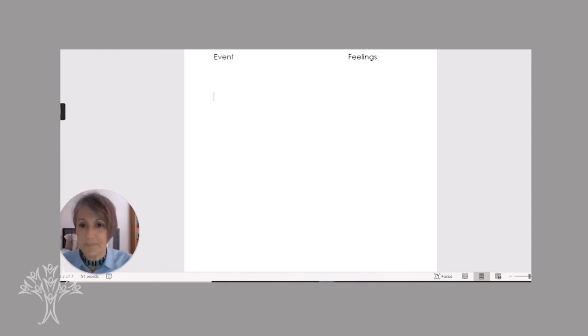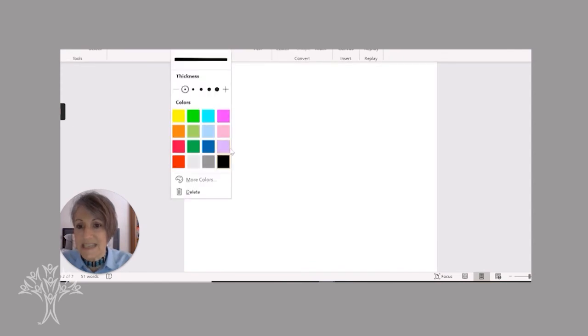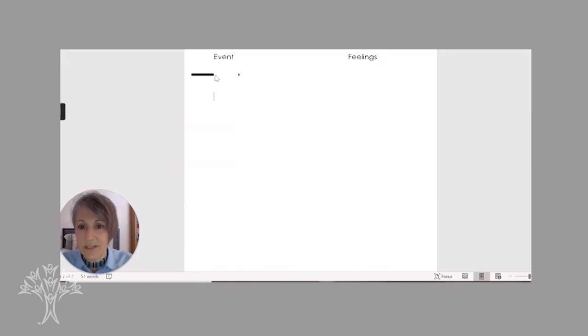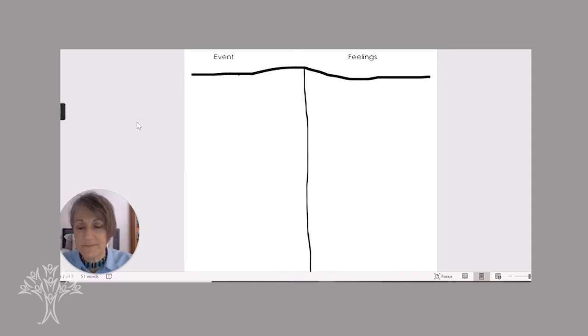And then what I want us to do is I want us to draw that giant capital T to make this graphic organizer. So I just do a long horizontal line across and a long vertical line down to make what we call a T-graph. Okay, let's be thinking about an event in which we showed perseverance. So the event that I'm thinking of right away is when my boss asked me to think about doing these virtual lessons. So I'm going to put here,